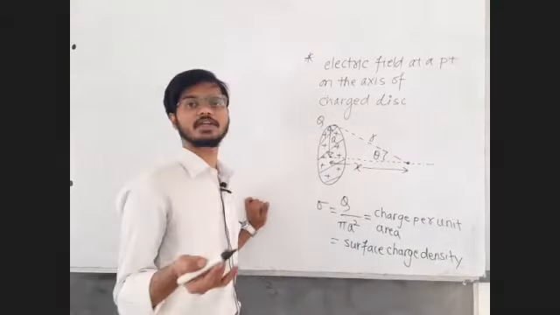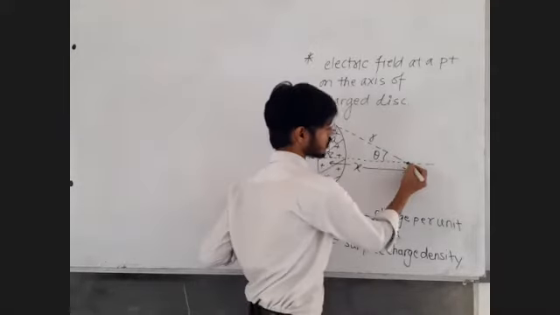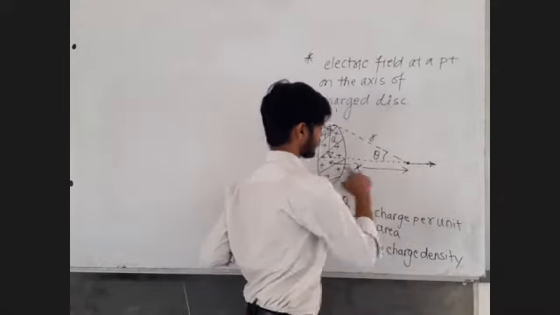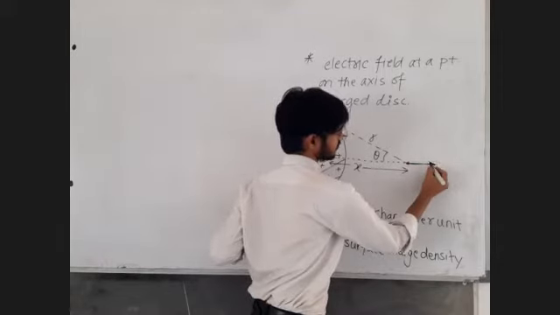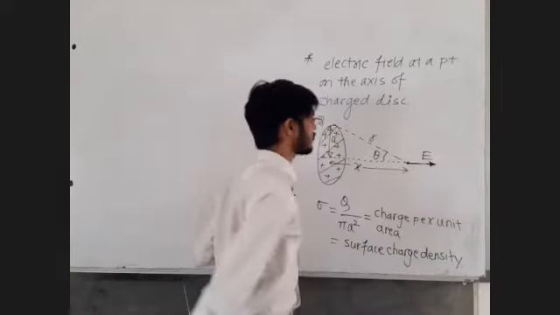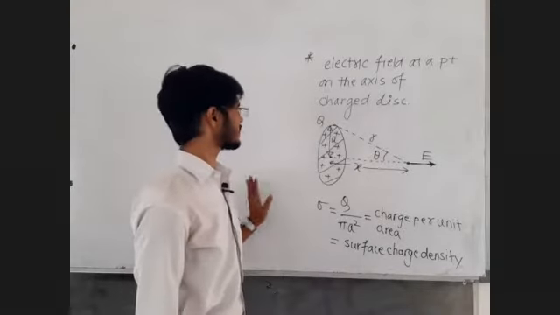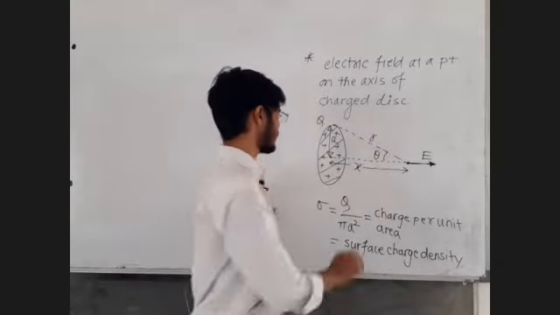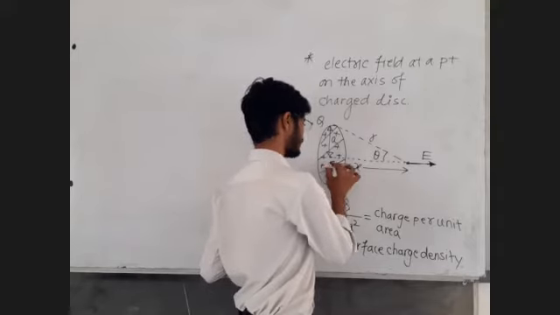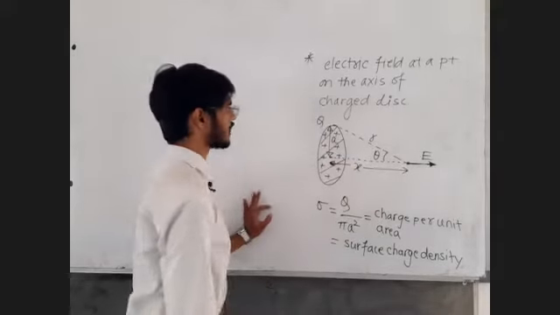Sir, what is the electric field? Now this is a system, and because of this system at this point, this is a positively charged system, so the electric field will be away from the system. So this is the electric field. We are not going to derive the formula, because that will consume a lot of time. Of course we can derive it, but that derivation is definitely not going to be asked, and the fundamentals of how to derive, we already know. Now it's time for the formulae only.